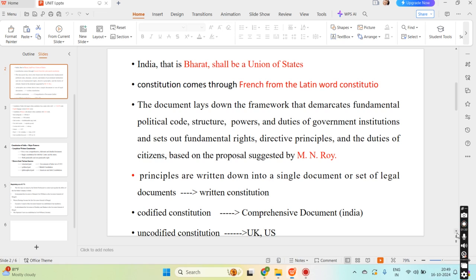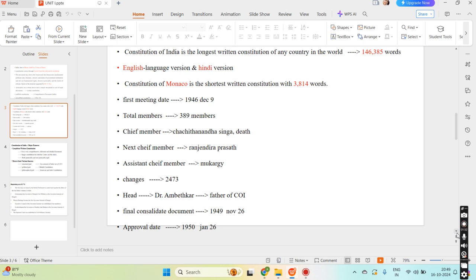And the next point is, our India has the longest written constitution of any country in the world because it contains 1,46,385 words compared to all other constitutions. It was written in two languages. The first one is English and the second one is the Hindi version. And the next point is the Constitution of Monaco is the shortest written constitution because it contains